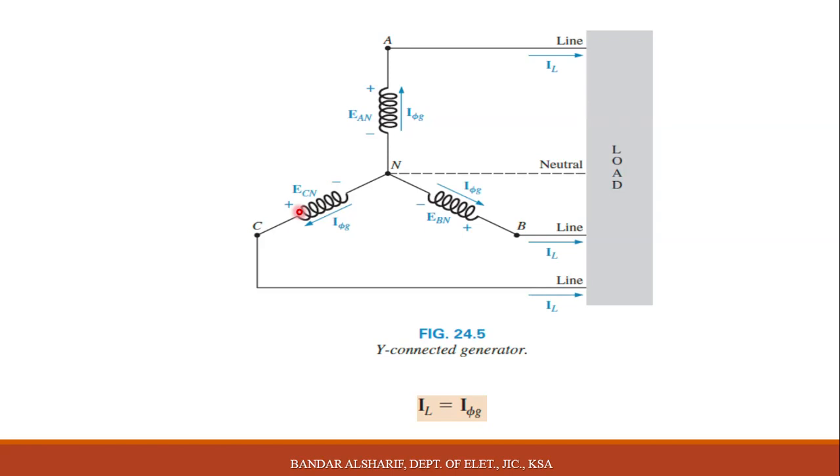When you see in any book Y connection or star connection, directly you will consider it as Y connection. Okay, how to know this is Y connection? Even if we change the shape of the connection, you will find all the phases connected in one common point,